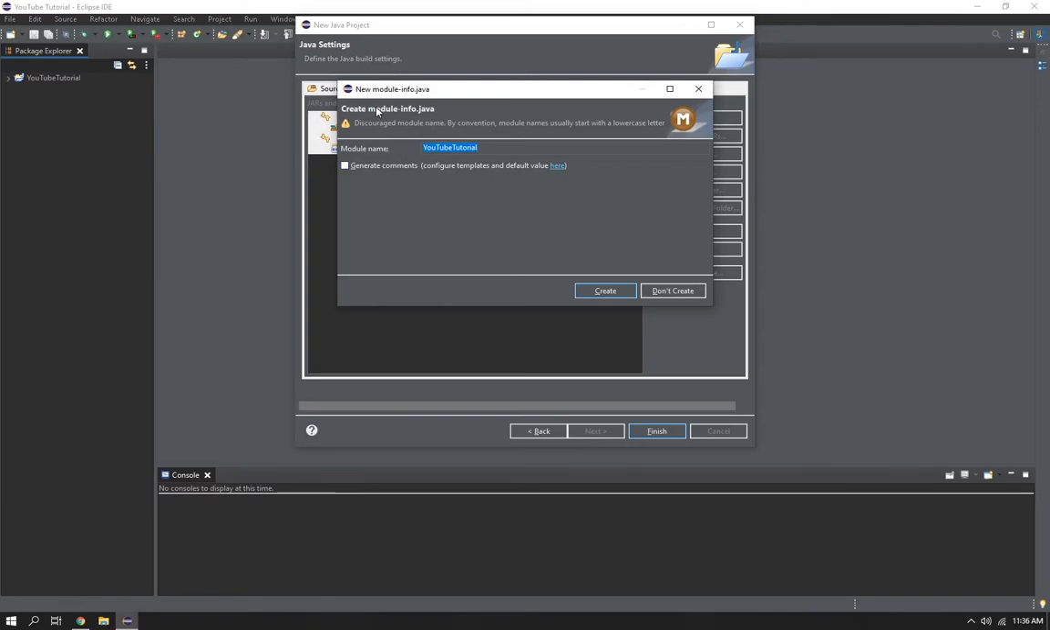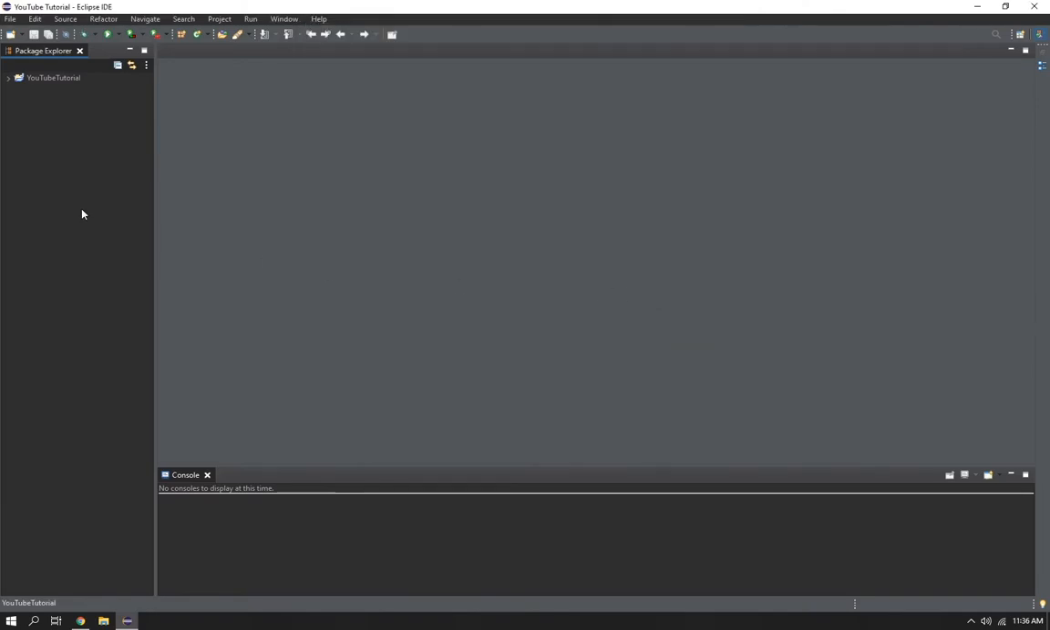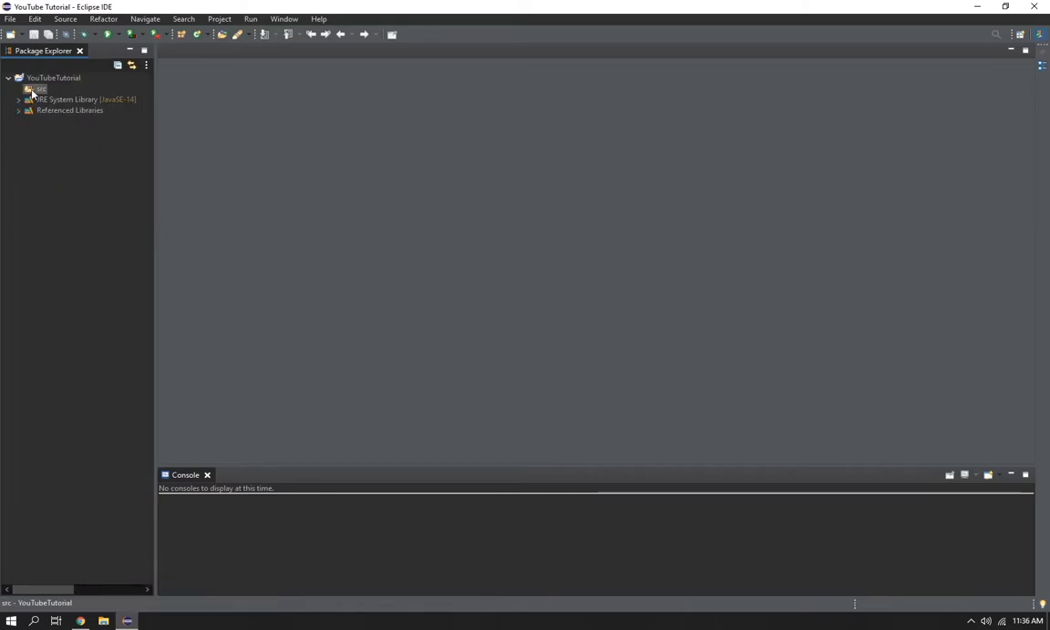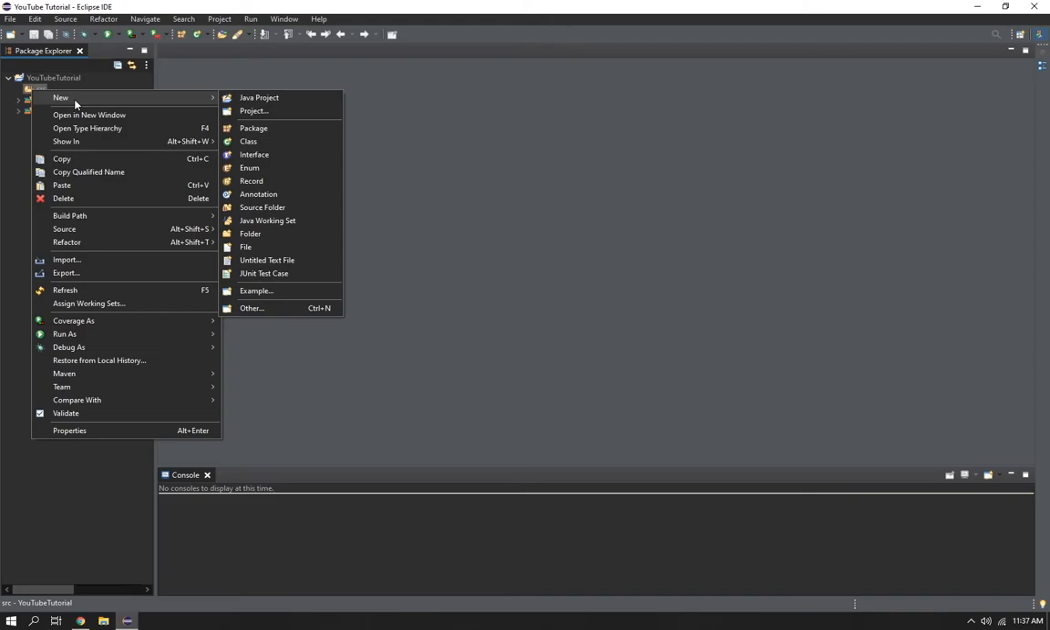It'll say something about create module info.java. Click on don't create because we don't want that. And now we should have Discord JDA inner reference libraries, which means that we got all the access to making a Discord bot. And that is the last thing that we need to set up before we can actually begin